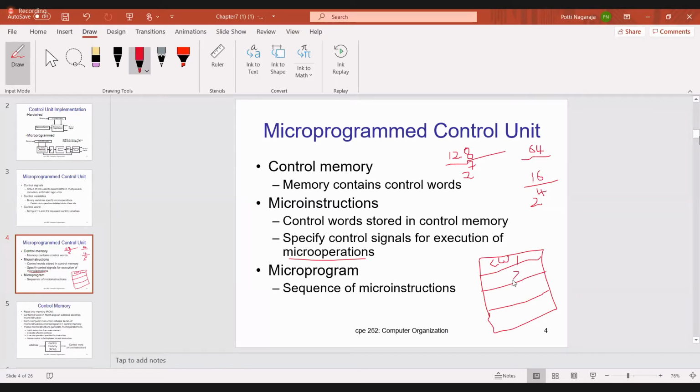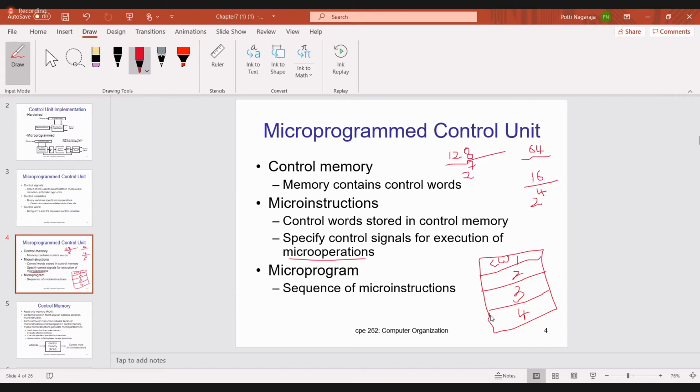Similarly CW2, CW3. So 4 control words are there, and each control word is nothing but a micro instruction, which will specify what micro operations you have to do.